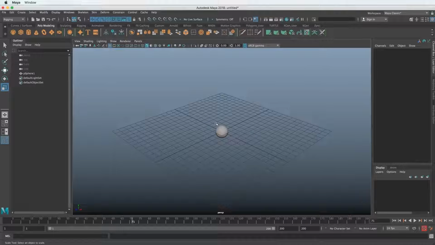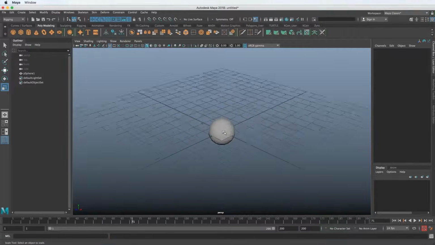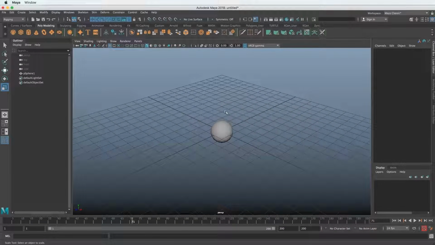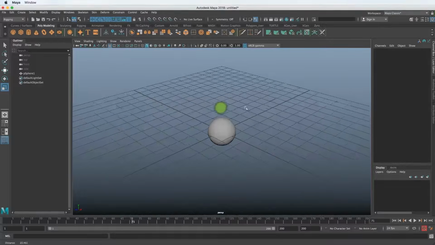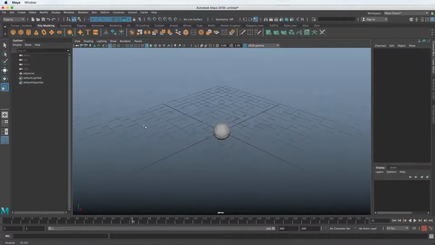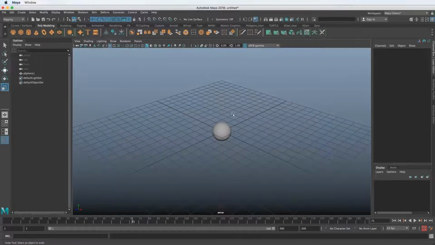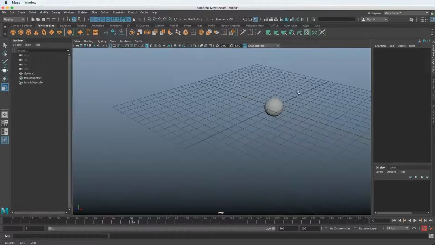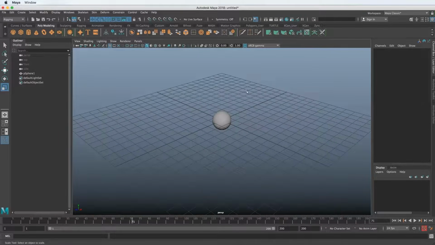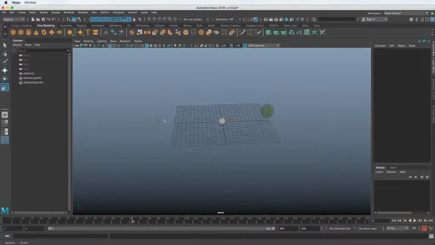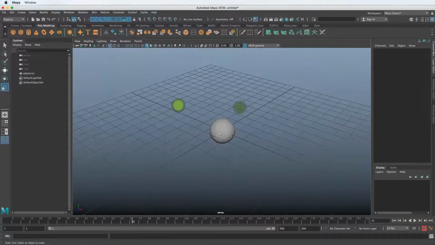I want to zoom into it. How do I zoom in? I can mouse scroll, which I don't use that much, but the other option is to hold down Alt and right click and then drag my mouse. And you can see I'm zooming in and out. This is why you need a 3-button mouse, because now if you click and hold the middle mouse button, I can pan around. And then, still holding Alt, if I left click, I can rotate around an object.